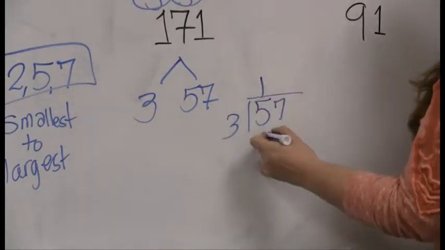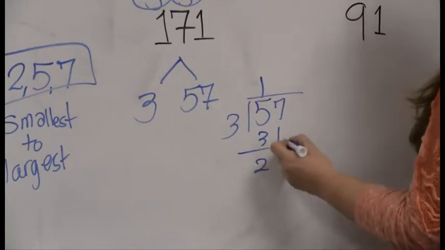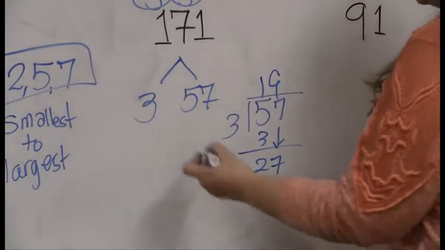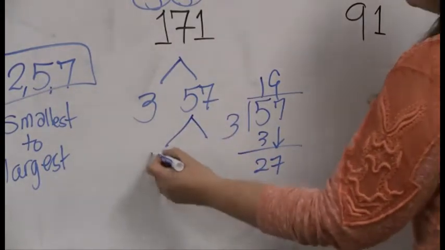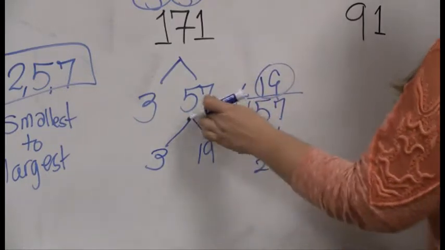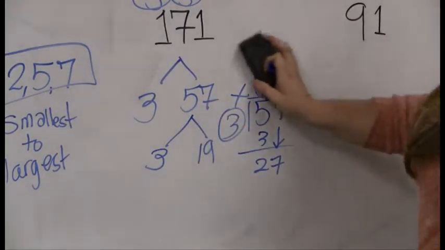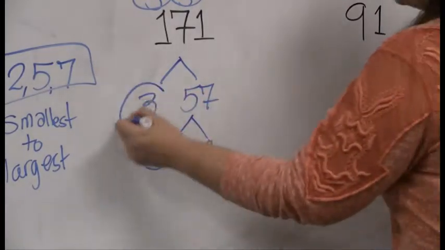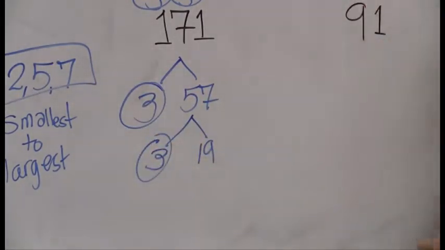3 goes into 5 once. Remainder 2, drop a digit. 3 goes into 27 9 times. So that means that 3 times 19 is equal to 57. There we go. Now, 3 is a prime, 3 is a prime, and I'll tell you right off the bat,